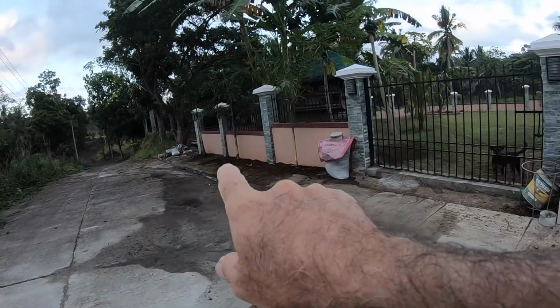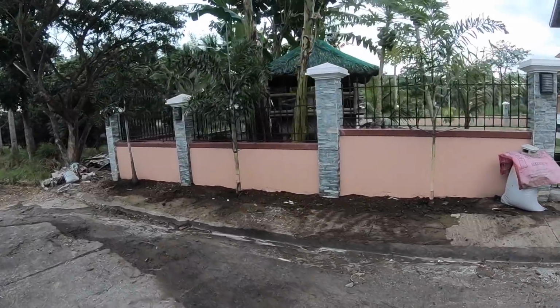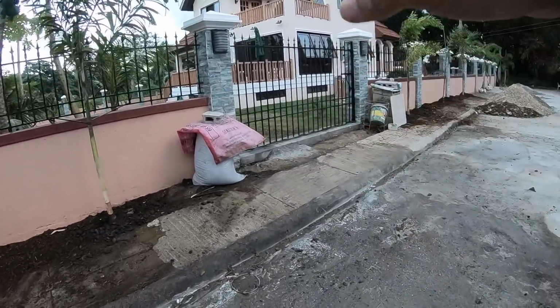1, 2, 3. So we have 6 out of 10. So we got a little over 50% installed right now. So those are looking good. I used the ash mixture, the rice